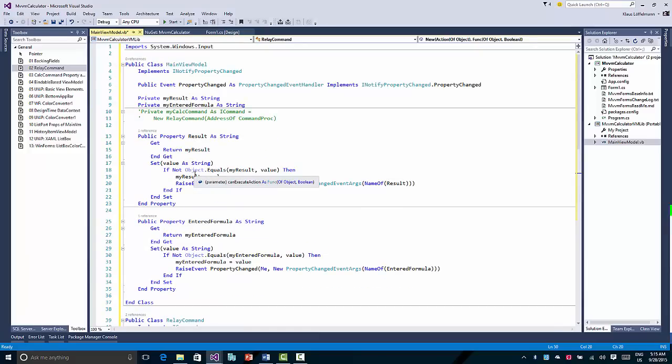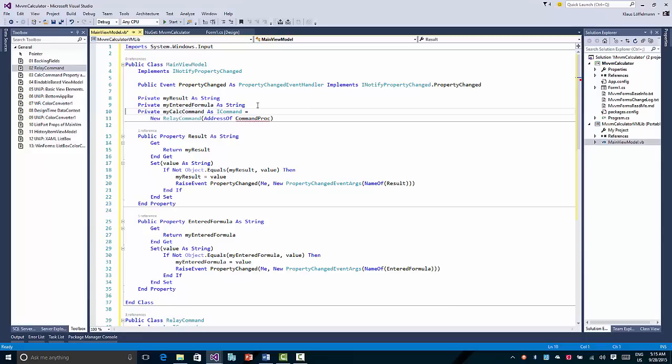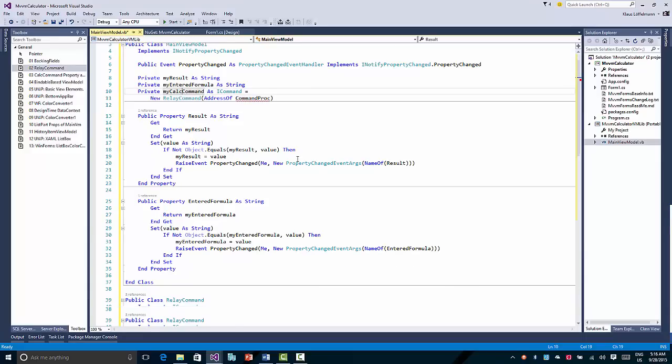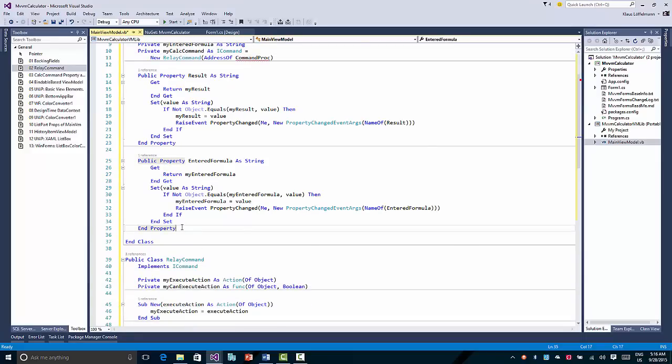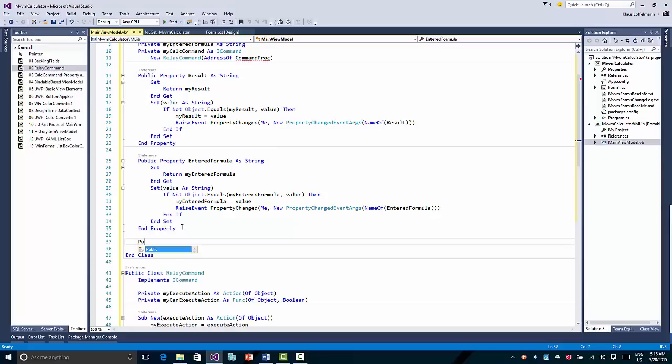The one thing we have to do here is, at first, let's uncomment this. So we have a backing field for the calc command, and this now is just another property I have to implement. Calc command as,